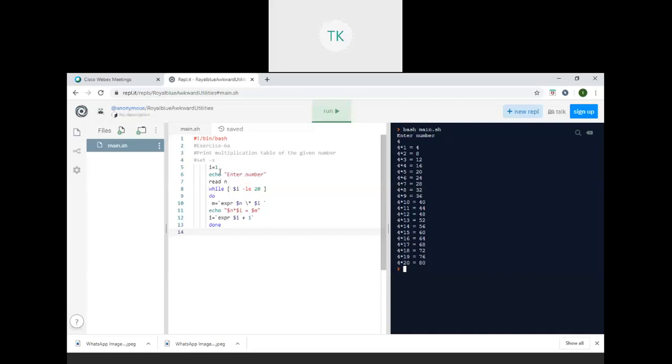So this is one program to display the multiplication table. Now just see another program, to copy a source file to a destination file. We'll see this with another example. Here you try to understand: the source file, one file you need to create, and then you need to mention the destination file. When you mention the destination file, your program will be copied into that particular destination file.